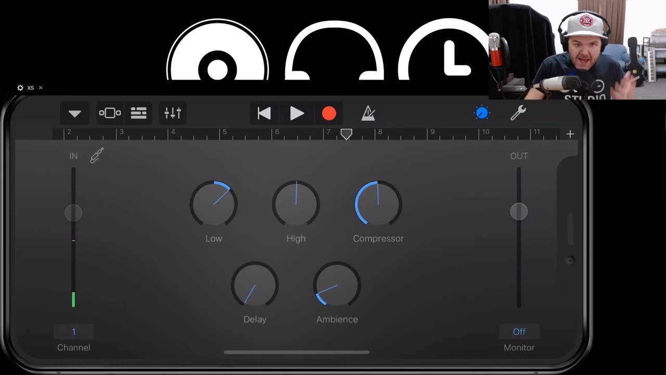Now you might be saying, Pete, I don't have a control. I'm just using my phone or I'm using my headset microphone. What you will have is the ability to move this slider. So you can move this slider up and down and that will be your input